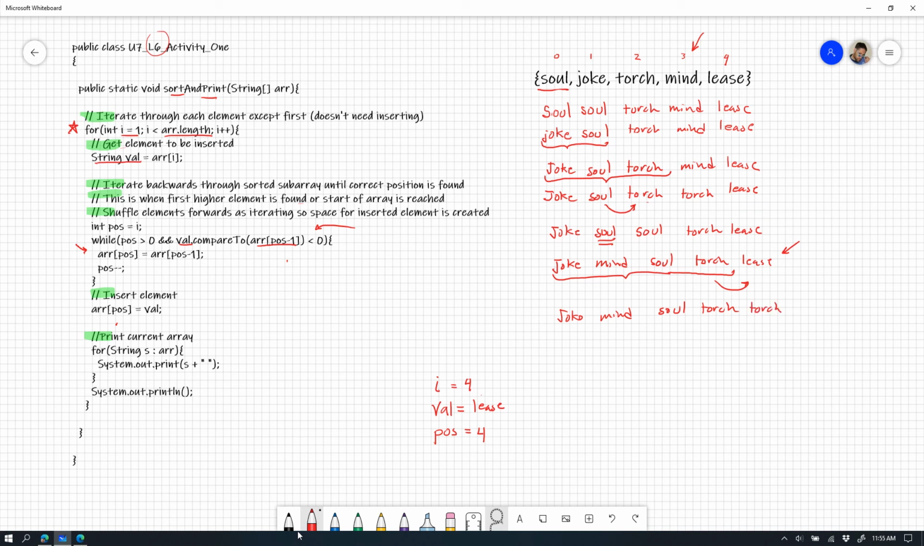And now I would compare it to the next one and say, is lease less than soul? Yes, it's less than soul. So now I get joke, mind, soul, and then soul gets copied over, right, from one to the other. So I've got soul and torch. And then I say, is lease less than mind? Yes, it is. It's less than mind. So I go ahead and we're copying over. So we've got joke, mind,